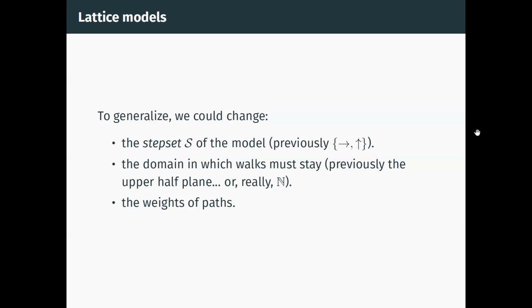I could also change the domain in which the walks are restricted. And so for the Dyck paths, they were restricted to a half plane, but really, for the Dyck paths, I could view those as just one-dimensional because I could just track the distance away from the line y equals x and leave the other direction off, and that would encode everything. But we could generalize these truly then to other paths in higher dimensions.